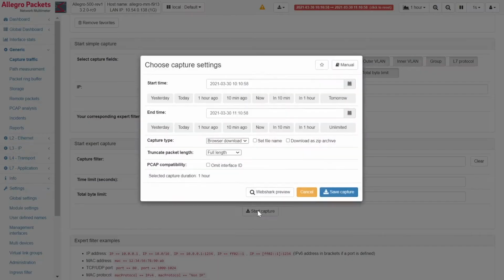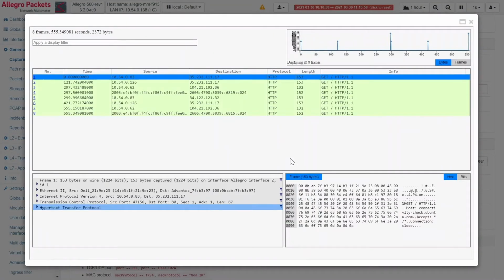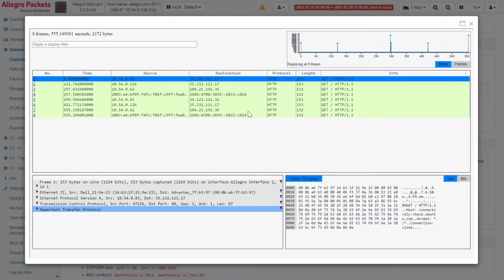So let's take the last hour. If we now start the capture, then we match on that string. Let's wait and see if we get a few packets. Now we can stop that and open it. And very good, we now get only root requests and their packets. This helps a lot to find specific requests, specific packets.